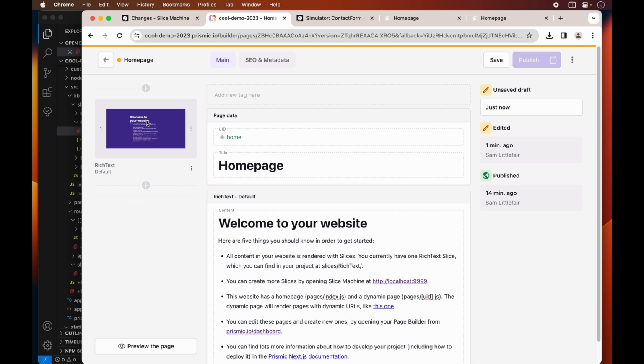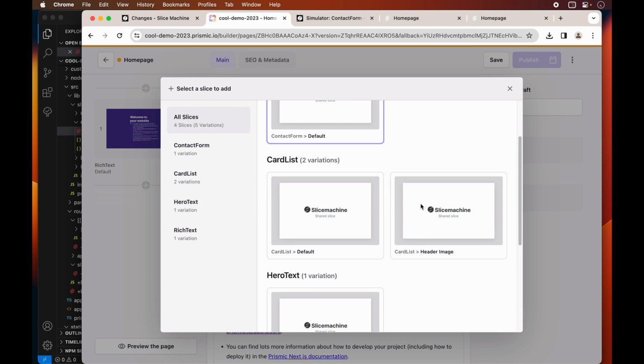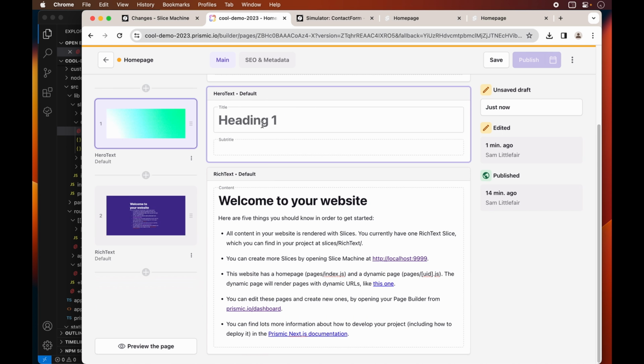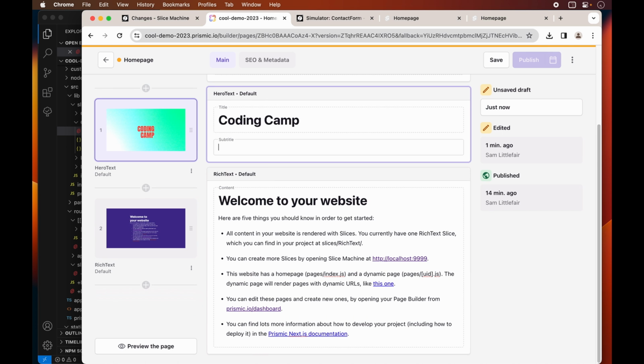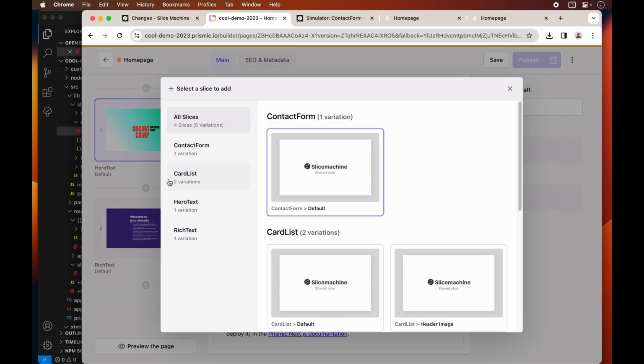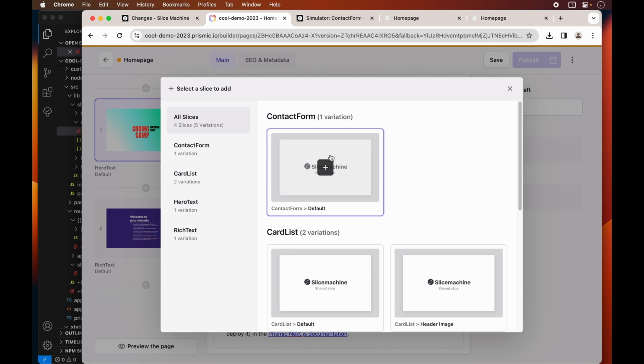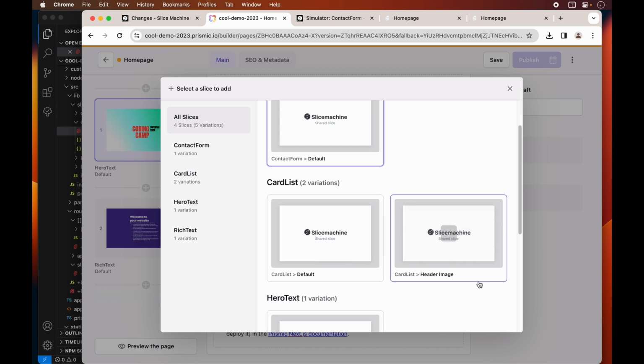Okay, now let's create some content here. First of all, we created this beautiful hero. So let's add that at the top of the page. We're going to call this Coding Camp Super Fun 2024. Let's plan this event for next year. Then what do we want next? We've got 2 variations on a card list, rich text, and the contact form. Let's go with,